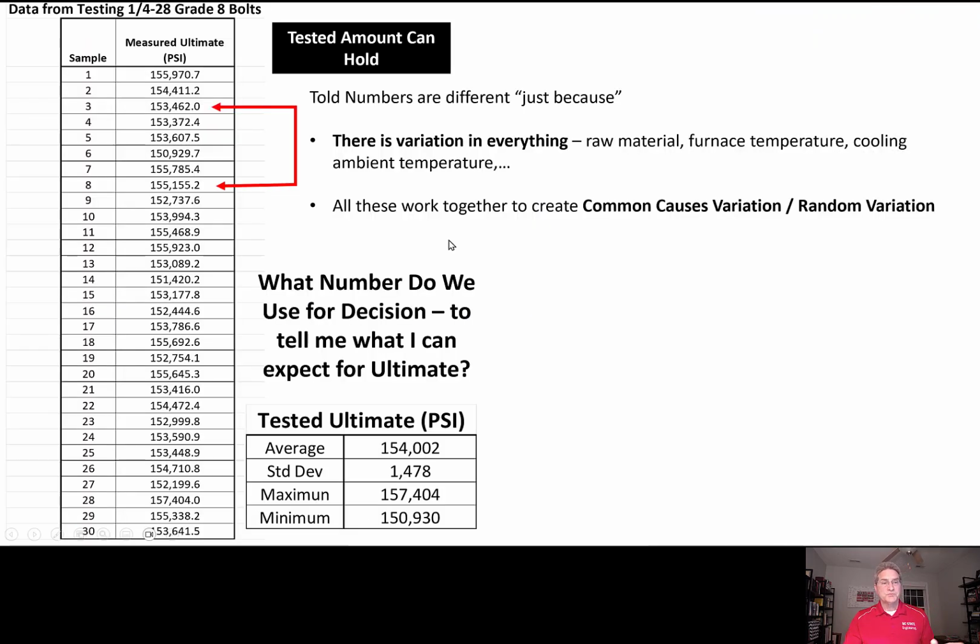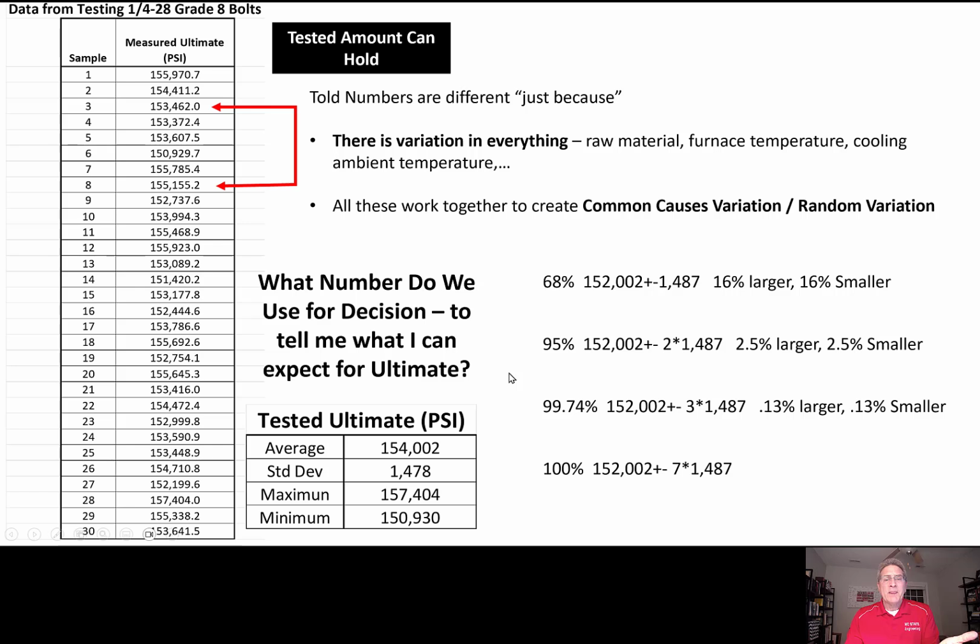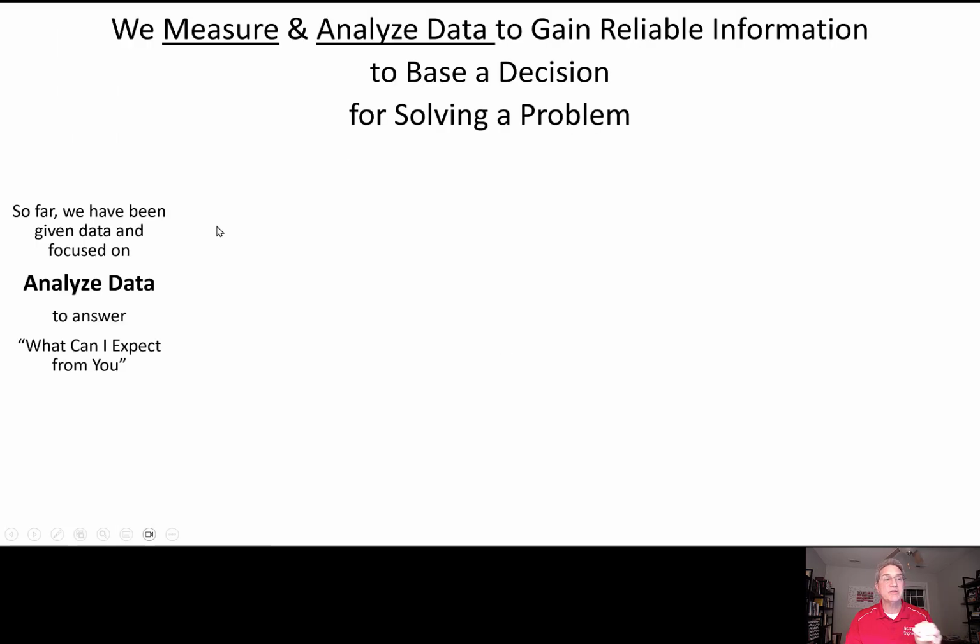Okay, so that brought us to what number to use. Well, we now know that because they're random variables in the distribution, we can know exactly what to expect. We can do ranges, we can calculate an exact probability like we did for your boss, figure out exactly where to crank the average, depending upon how certain we want to be. We don't go out of that range. And so we've learned that with statistics, we can know a lot about what we can expect to help us make decisions. That's what we've done so far.